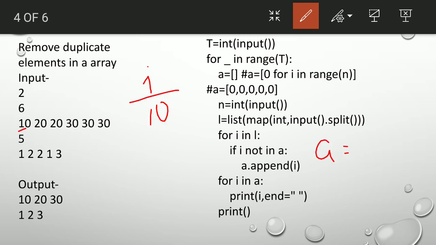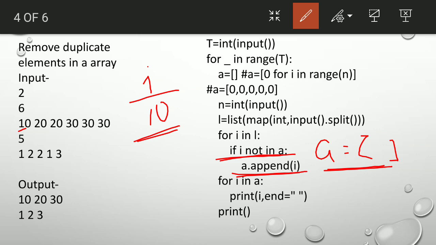Now A is our empty list. So if 10 not in A, the condition is satisfied, that is, 10 is not in A. So we will append that value: A dot append of i.